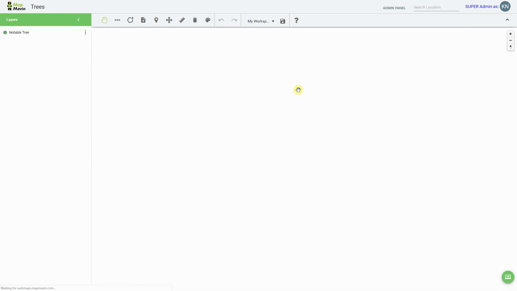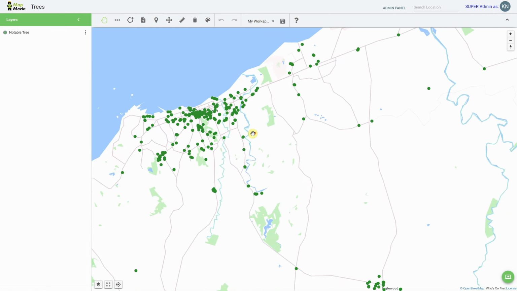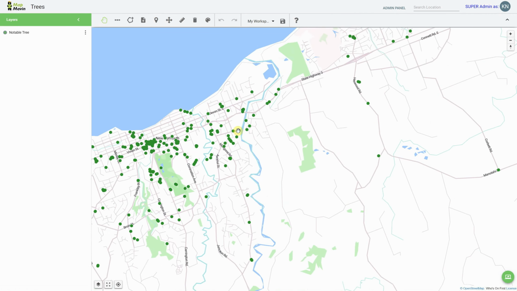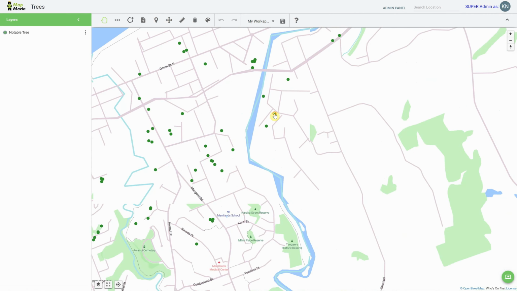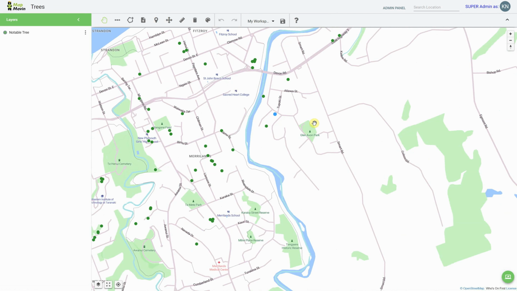And as the admin and as the user, I'll be seeing the same thing in this map. And I can zoom in. Say I'm working on this particular tree. I can click on it, get all the information about that particular tree. And then I can decide to edit as well from here by clicking on these side buttons and hitting edit layer. I can click on this tree